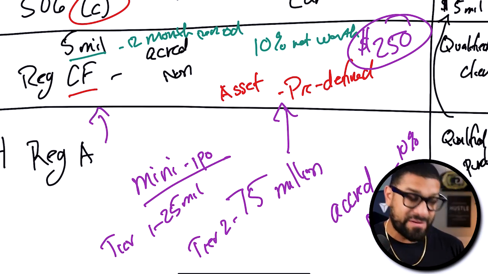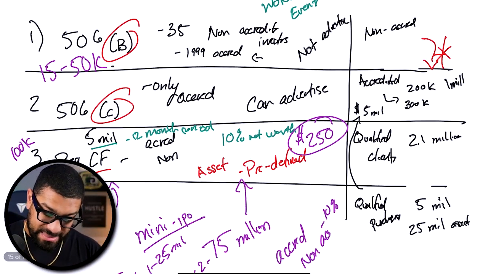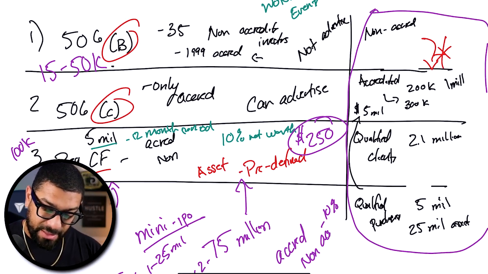So very similar to the CF model and the 506C model, but it does have a higher compliance cost with pretty extensive disclosure requirements. It's really interesting when you see a lot of these people that are operating in these areas here and why they categorize the different type of people that are allowed in your fund. Because the last thing you want is somebody coming to you and bothering you a ton because they're like,